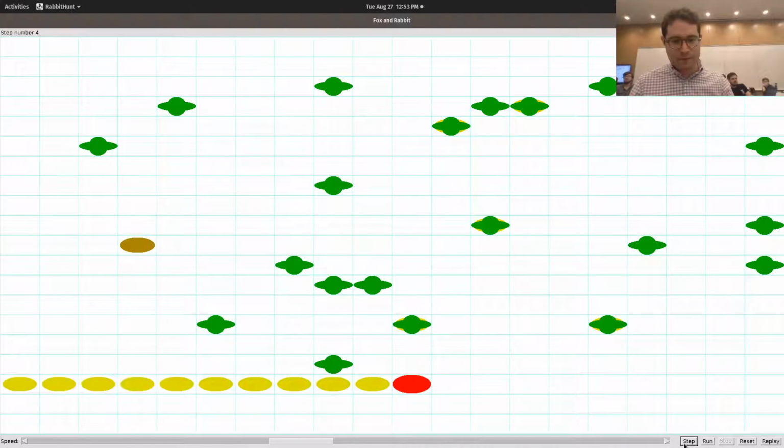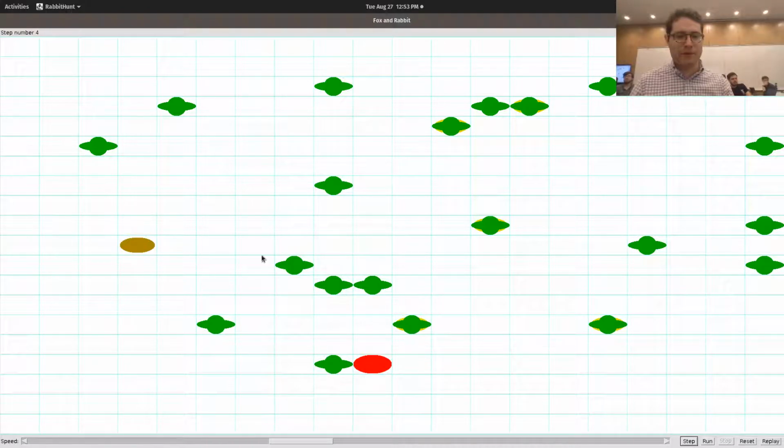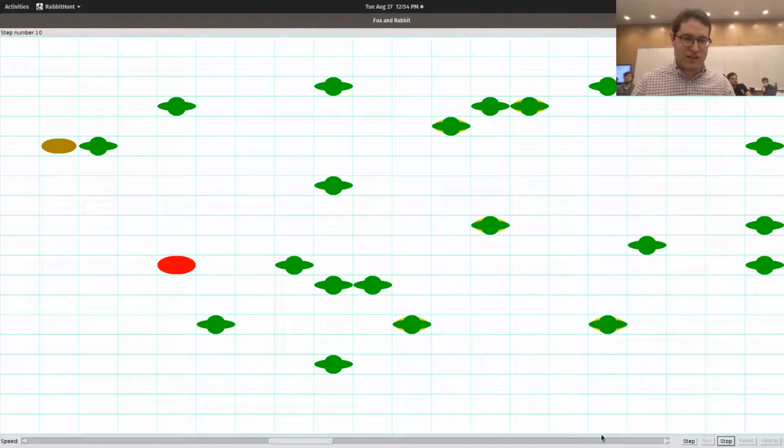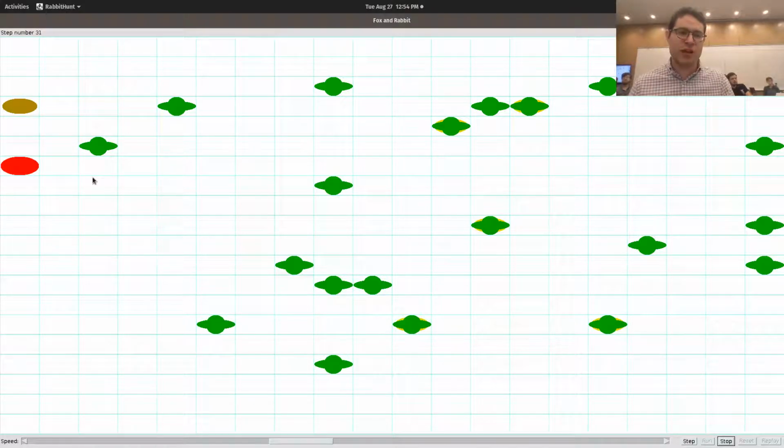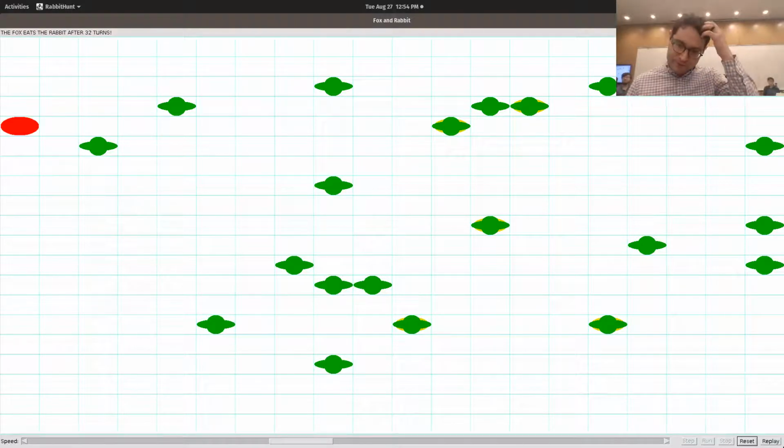Here we go. Boom, he sees a rabbit, so he's now going to move towards the rabbit's last known location, even though the rabbit's going to continue moving. Once he sees the rabbit again, he'll update what he's seen. If the rabbit somehow evades him, he'll go off in a different direction and just keep traveling in a single direction. He'll pace back and forth until he hits an obstacle, and then he'll pace in the other direction. And if he can't do that, he's just going to choose another direction and pace in that direction.